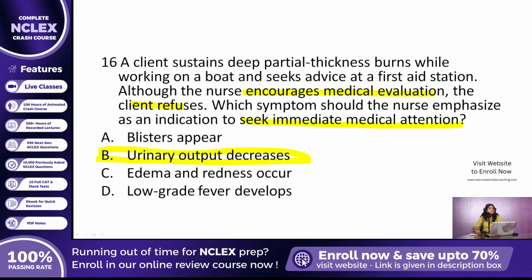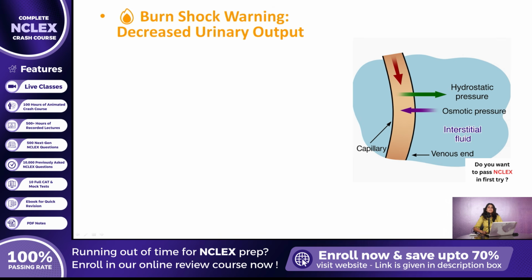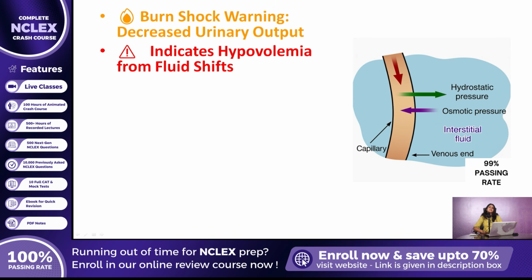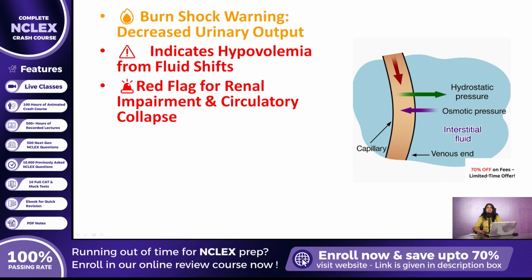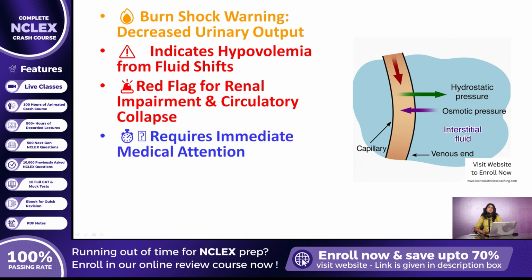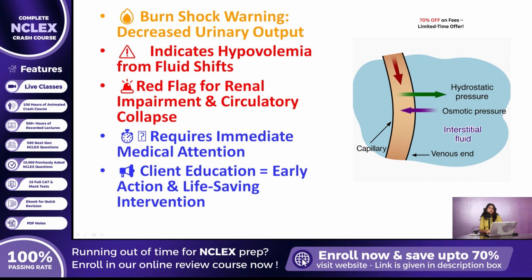is the correct answer. This symptom suggests that the client may be developing hypovolemia as a result of significant fluid shifts from the intravascular space into the interstitial tissue, a hallmark of burn shock. This systemic complication requires urgent medical intervention to prevent renal impairment and circulatory collapse. Even in the absence of other severe symptoms, decreased urine output is a red flag that the body is no longer compensating adequately, and delaying treatment could have fatal consequences. Educating clients on this critical warning sign ensures they understand when to override their initial reluctance and seek emergency care